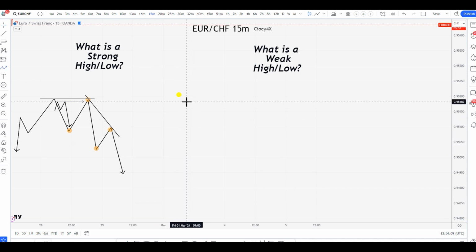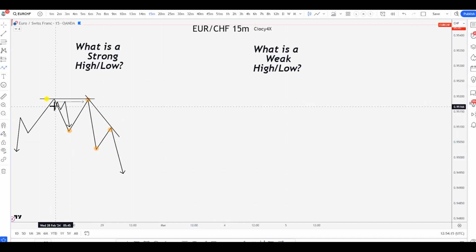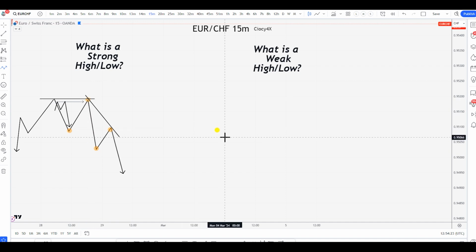As simple as that. Do not overcomplicate yourself too much by saying, oh, equal highs, oh, support resistance, oh, trend line, oh, whatever, imbalance field. Some people be like, oh, he tapped into the imbalance field and he drops, so that's a strong high, strong low. No, don't overcomplicate that. And wait, I'm going to be telling you why what I'm saying is the most logical one, okay? I don't want to say mine is the best. No, I always say on my channel that everything I provide has to have some basic ground logic and it has to make sense. If it doesn't make sense, then it's not worth it.